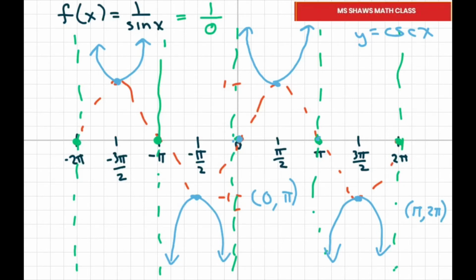It's also continuous here between negative pi and 0, and up here it's between negative 2 pi and negative pi. So it's continuous at all these places. And this one right here was, I'll put it up here,